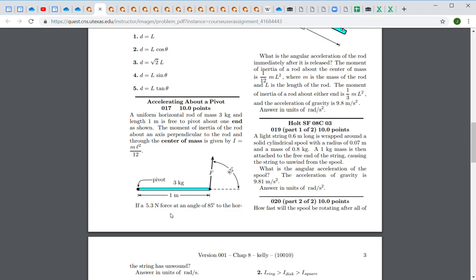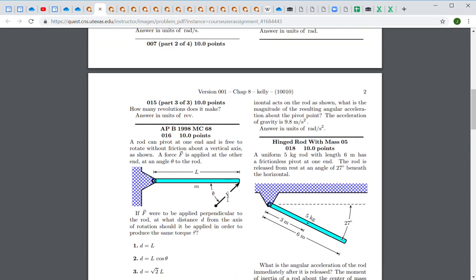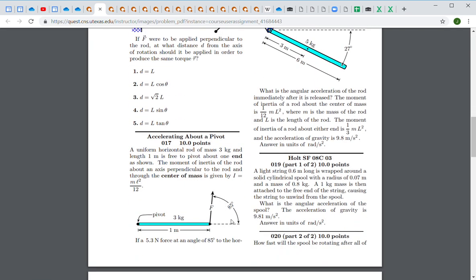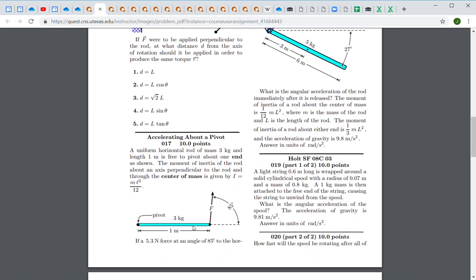Okay, if a 5.3 Newton force at an angle of 85 degrees, as shown, acts on the rod, what is the magnitude of the resulting angular acceleration about the pivot point? I'm going to use torque equals I alpha. In this case it's net torque, but I don't think there's supposed to be any gravitational torque, this is in the absence of gravity, or maybe it's rotating horizontally. I better read this carefully to make sure that's the case. Yeah, I think there's no gravity trying to pull this down, so we don't have to worry about gravity in